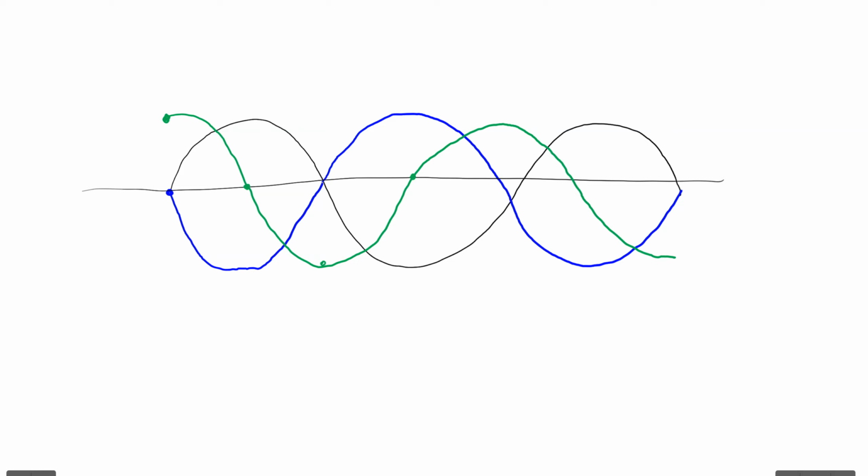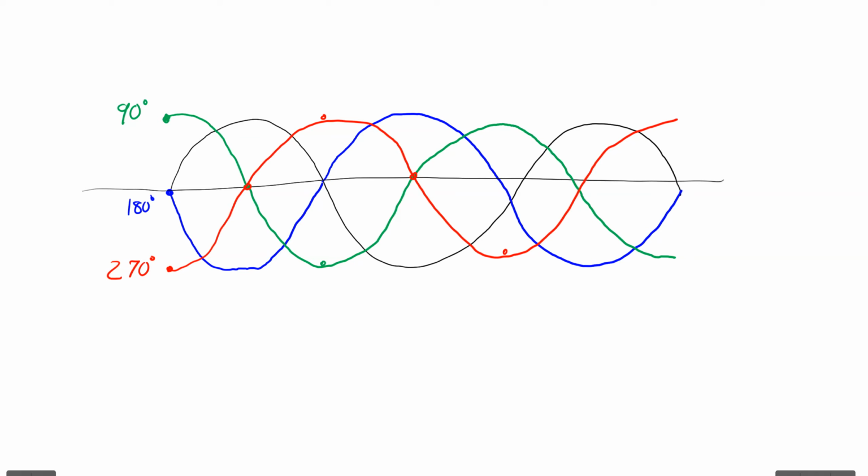And you could even have one that's 270 degrees. So 270 degrees out of phase with that goes down here. So you could start in the trough. Then you go equilibrium, crest, equilibrium, trough, like that. Just like that. So this red wave is 270 degrees out of phase with the black wave. This green wave is 90 degrees out of phase with the black wave. And this blue wave is 180 degrees out of phase with the black wave. So it's like a little pretty picture there.